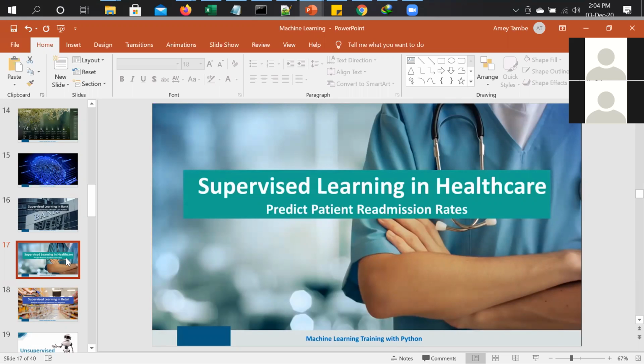But it depends upon the other features as well, and what the other parameters are, which talk about the health of that patient. Depending upon that, we can guess, or predict, the readmission rates. So this will help health workers and hospitals in two ways. First, hospitals or health workers will be ready for these kinds of patients, and second, for their own profit, of course. So for that also they can analyze the data and predict the readmission rates.